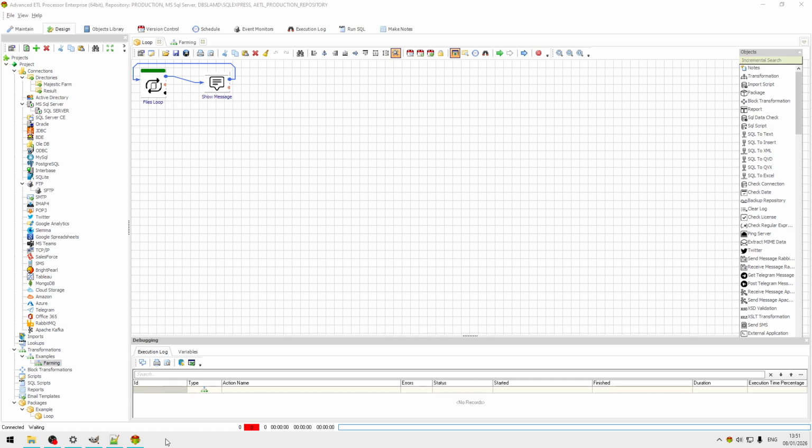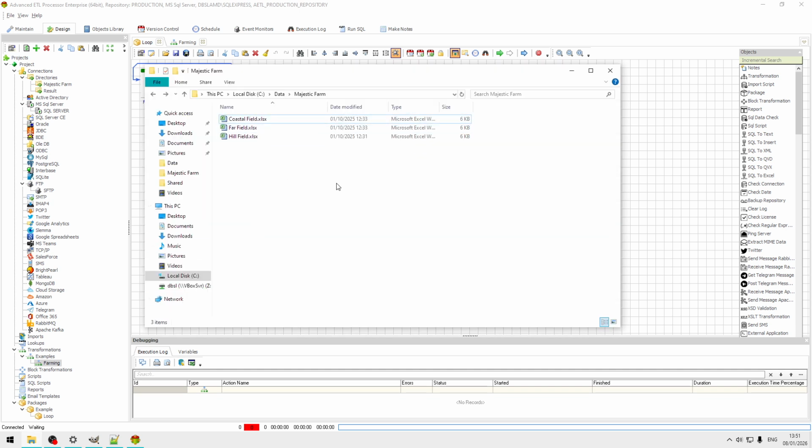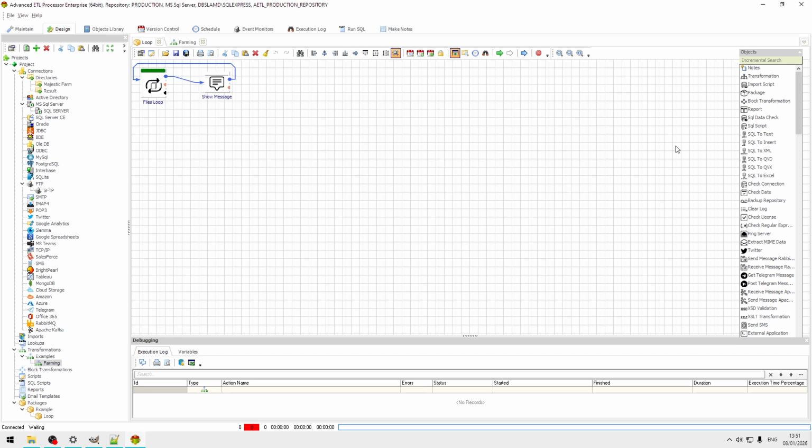One of our customers has asked us how to pass a file name from a package to a transformation. Basically, he has a bunch of Excel files in a folder, and he would like to process them one by one. I have already created a basic loop,